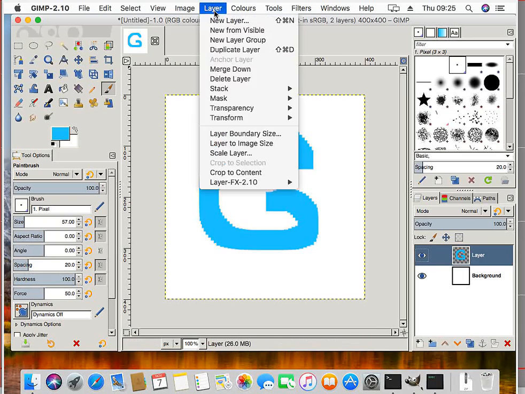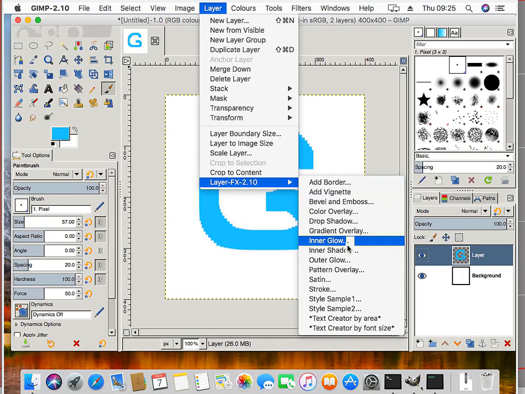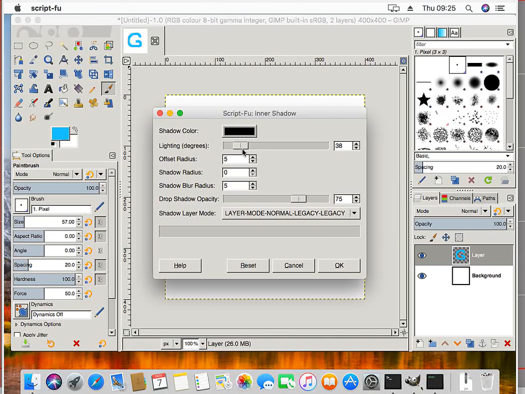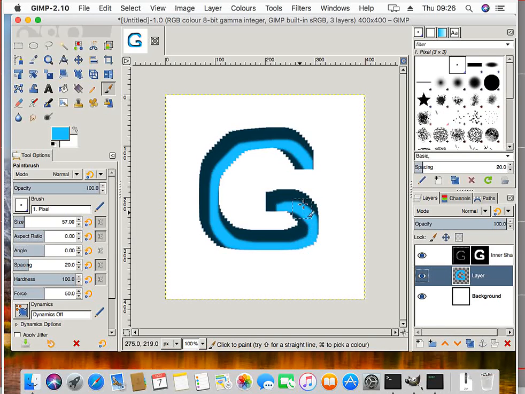Start Gimp up. There again, I've added a layer with transparency. Which one can we use? We'll try that one. That particular filter looks like that. Run it, and it gives that sort of